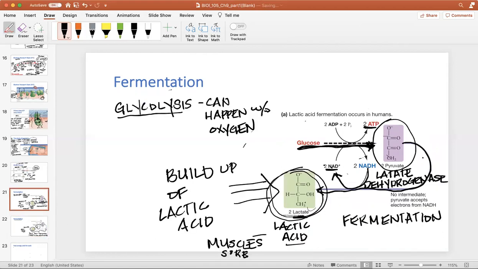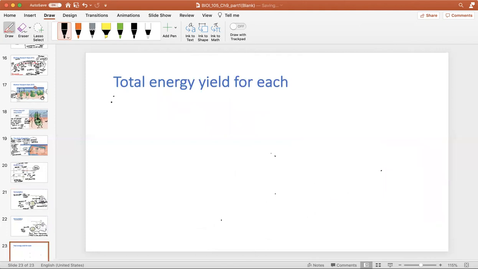Here, we have an enzymatic reaction that gives us lactate. But the general concept is the same. In both examples, we are regenerating our NAD+ to keep glycolysis going so that we can keep up our anaerobic respiration. But at the end of the day, the thing that you need to remember is that